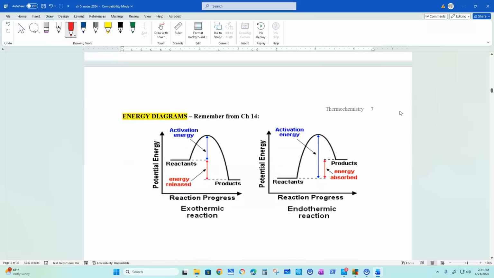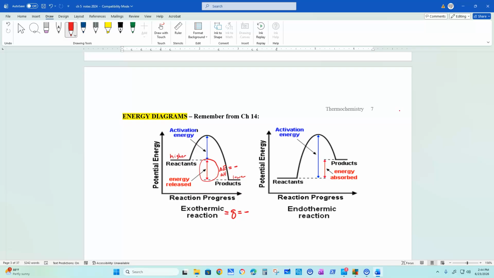Okay? Last thing is you saw this in chapter 14 with activation energy graphs. Okay? If you have an exothermic reaction, exothermic means we lost heat from the system to the surroundings. So right here, that was that change where you started with higher heat and you ended with cooler heat. That's how you knew that your delta E was negative, okay? You had a higher value and it went down to a lower value. Sometimes graphs label this delta H, which we're getting ready to talk about in the next video.